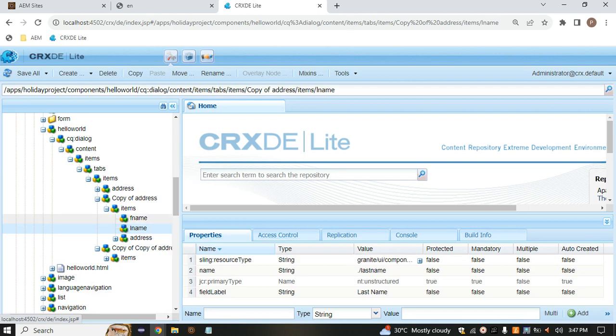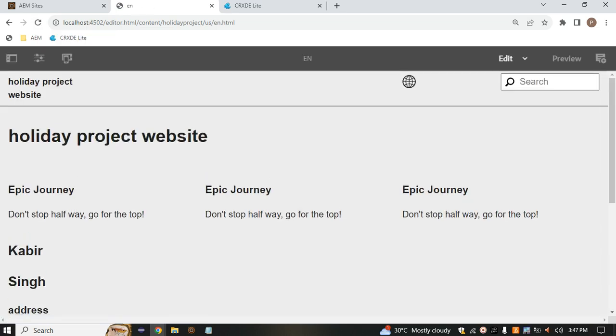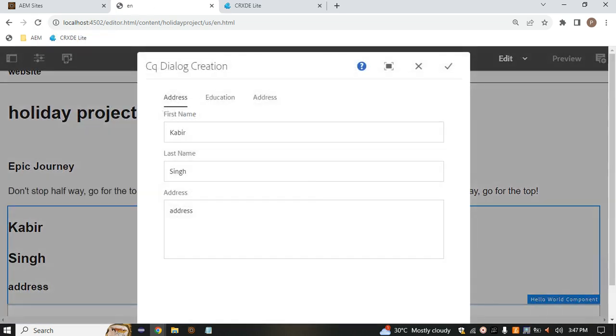Here as well. Now double click, and here you see we got the education, and when you click inside the education you will see the field name. After that, the same thing we haven't changed, so that's why it's not reflecting inside that. If you want, then you can change according